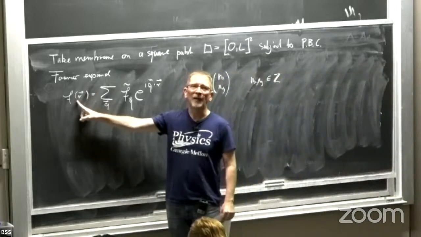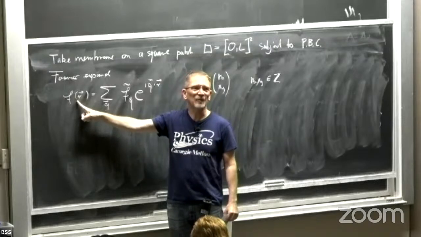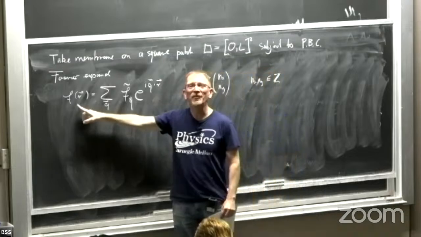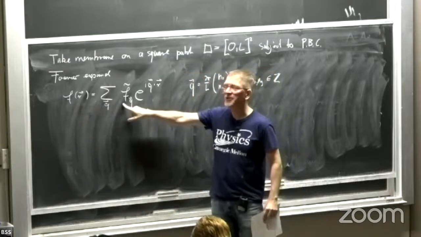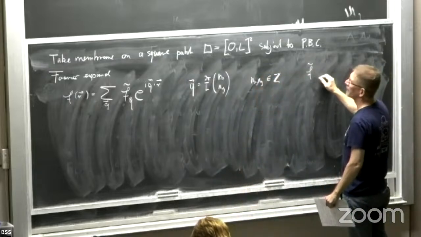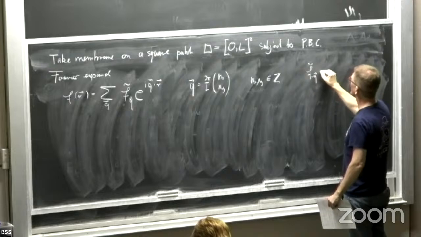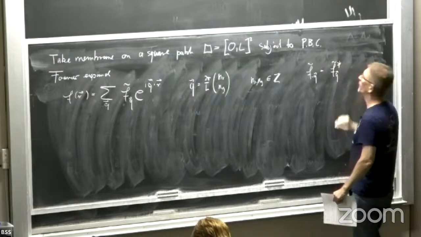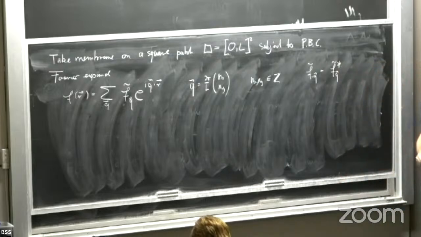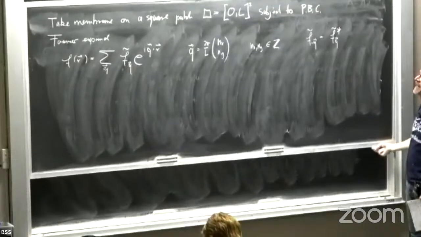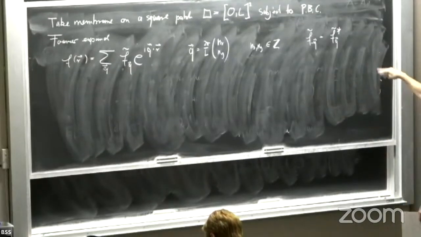real function. And because it's so much nicer to work with complex exponentials than with sine and cosine, I'm going to put an e to the iq·r here. But I really still want this to be a real function. So I have to have conditions on the f's. And these conditions are that the Fourier expansion coefficient of a negative q is the same as the Fourier coefficient of the positive q complex conjugate. If you plug that in, you can realize that by combining a q and a minus q, they add up to something that's real. Okay. So we're going to take this ansatz for f, which is just obviously periodic boundary, and